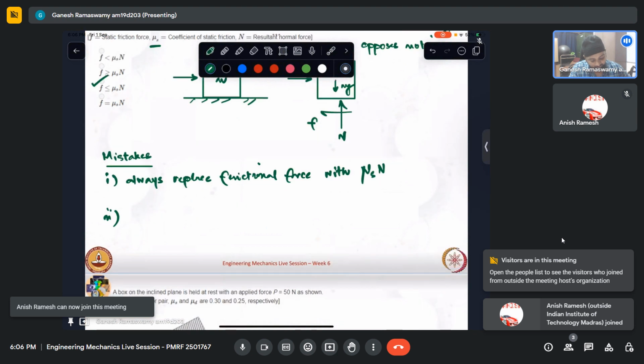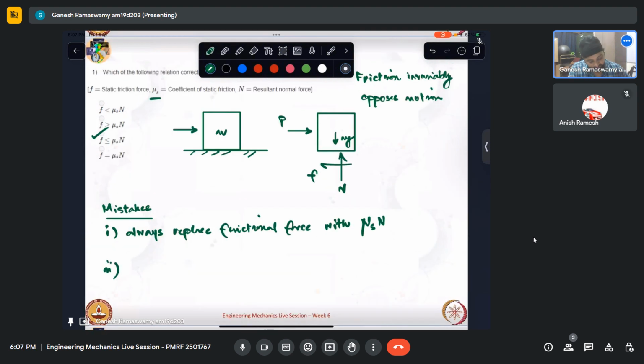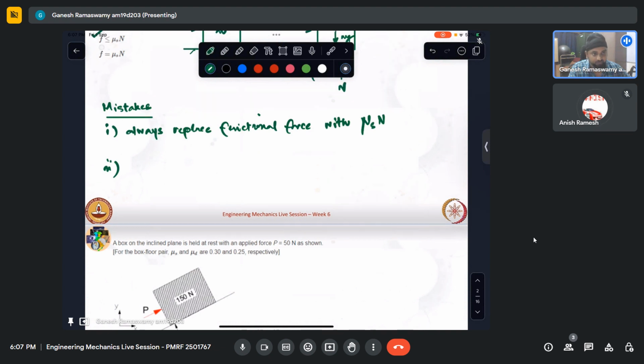Generally, one mistake is that we replace the frictional force with mu s N invariably. One of the common mistakes we have discussed is that we always replace the frictional force with mu s N, which is not the case. This will only be true when the motion is impending. And the second is the direction